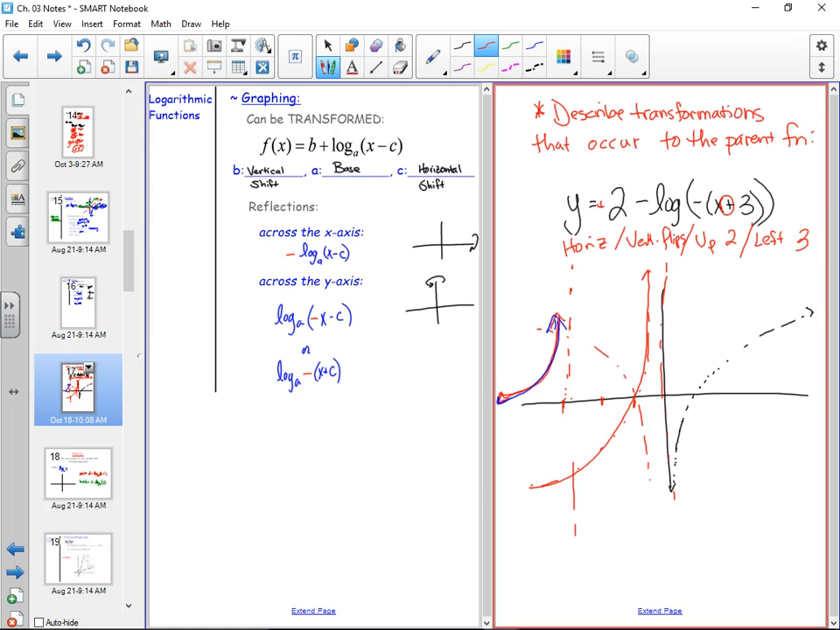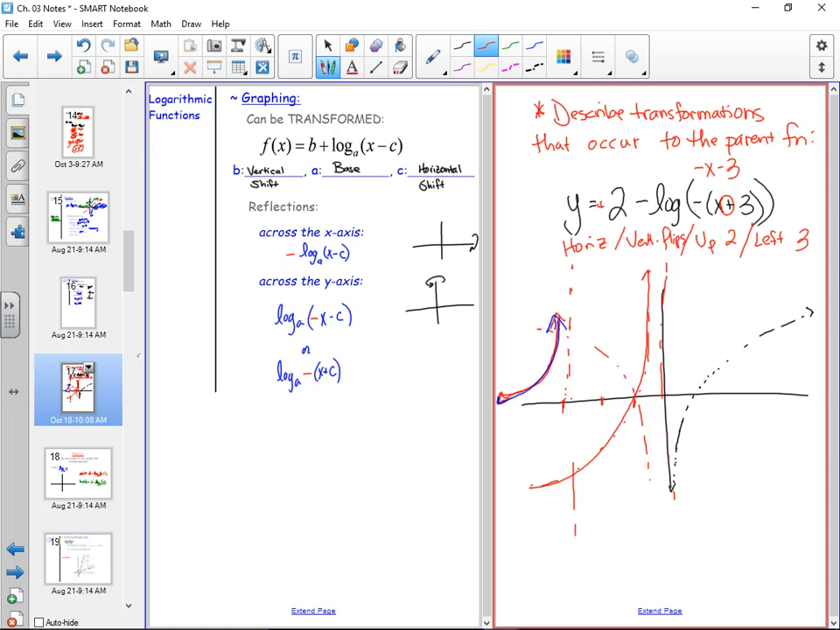What do we have to be careful of with transformations? The order that we go in. We could have distributed this negative x. But when we distributed that negative x, we wouldn't have done the outside first, we would have done the inside first. So if we did have a negative x minus 3,